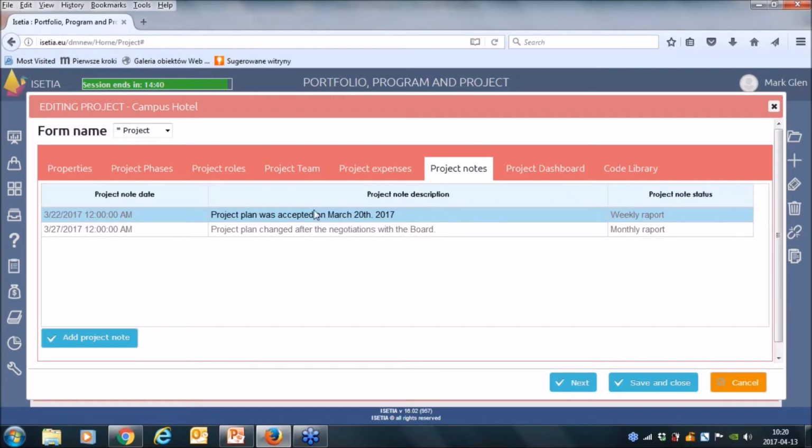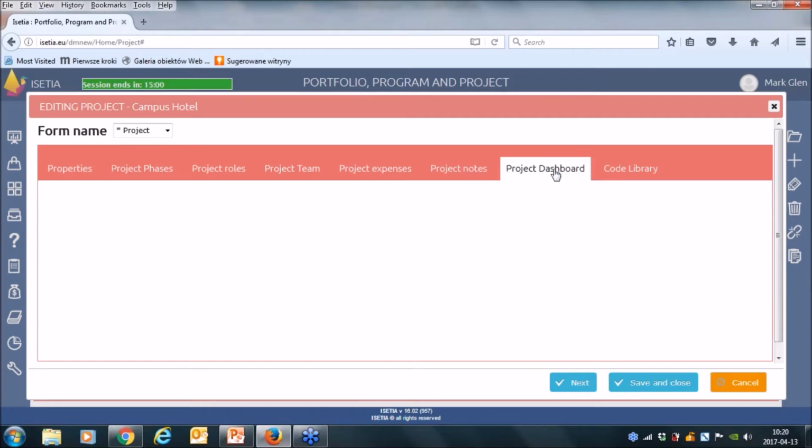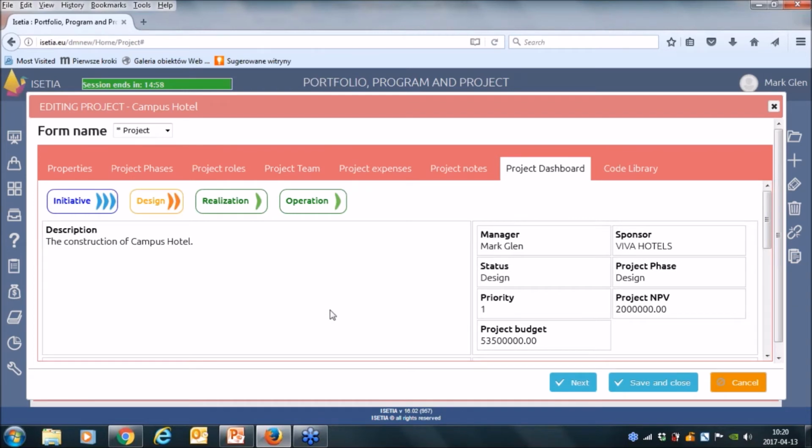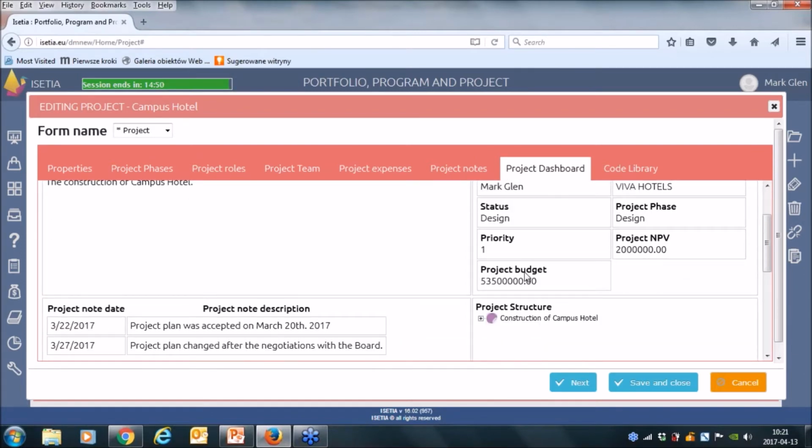All the information I mentioned before, meaning project phases, properties, teams, and notes, can be located in the project dashboard. So you can see these phases, and you can see some information about budget, priority, and so on.